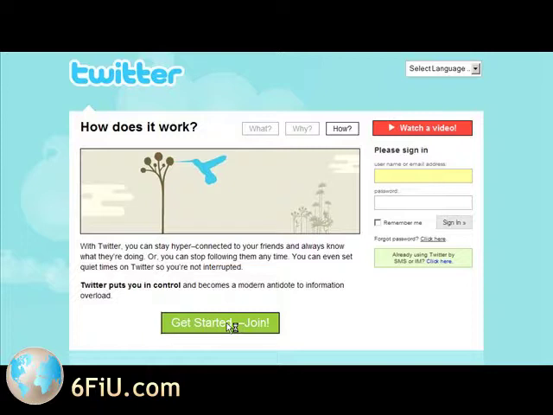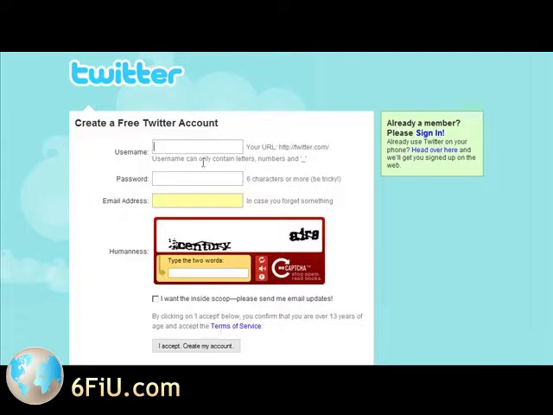Okay, if we just let it come online now. Okay, there it is. You put in a username, password, email address, and the words that are up there. You can see it's not particularly clear, but you can see the two words there. Select that box if you want to be emailed by them, otherwise click there. Now,